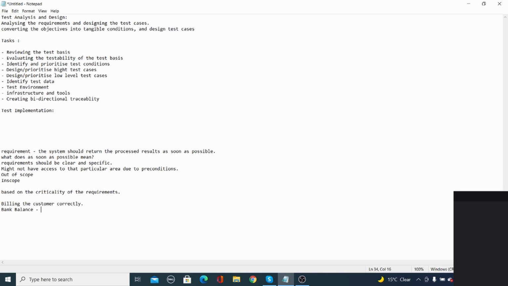In the end you log out. These things should be in the sequence. Otherwise, you won't be able to perform testing as expected. You might be making mistakes if it is not performed in that particular sequence. You won't be able to identify defects, or you miss them.